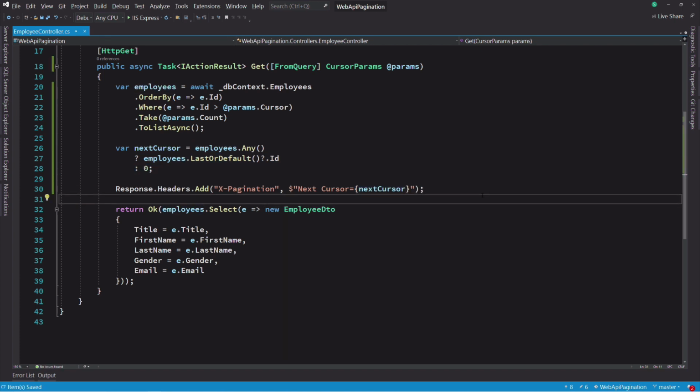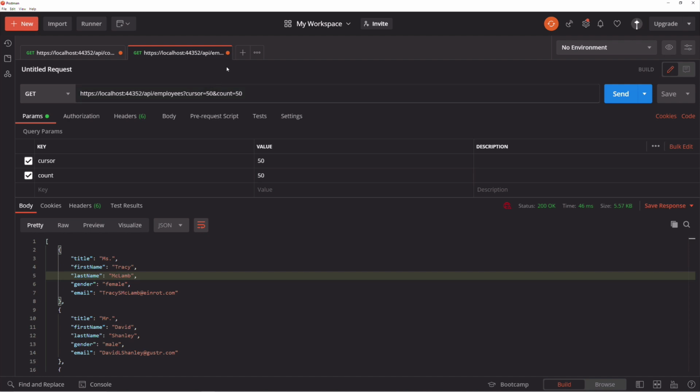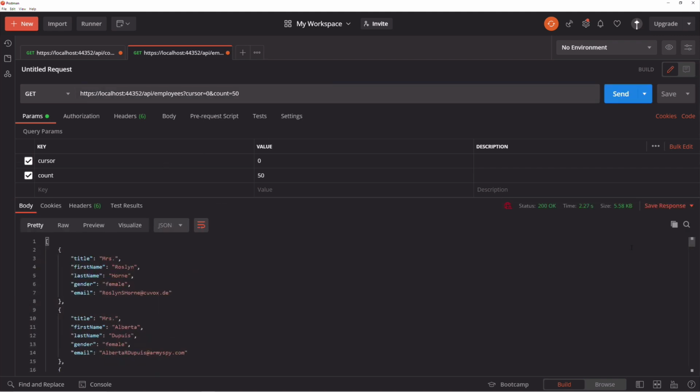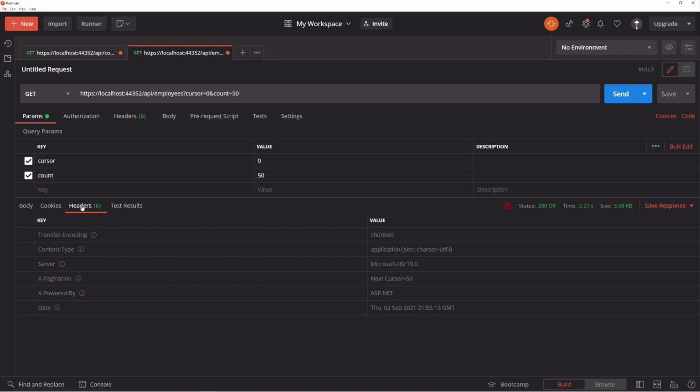Let's give it a try. I set the cursor to 0 and the count to 50. So here are the first 50 items. If we look in the response header, we can see that the next cursor is 50. Let's make a new request with the cursor at 50. You can see that the next